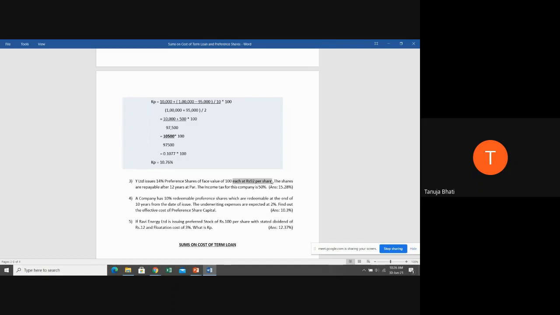Students, you need not find it out. It is directly given. They're not telling you that 8 rupees is the discount and then you are going to use the formula and solve it. They've directly given you 92 as the issue price. So NP is nothing but the issue price. So 92, there are no expenses on issue. Otherwise, you would have subtracted them from this. Next, the shares are repayable after 12 years at par. So can anyone tell me what is going to be N? Now repayable means it is redeemable preference shares. So which formula are you going to use to find the cost for redeemable preference shares?